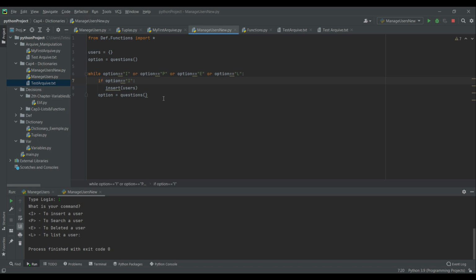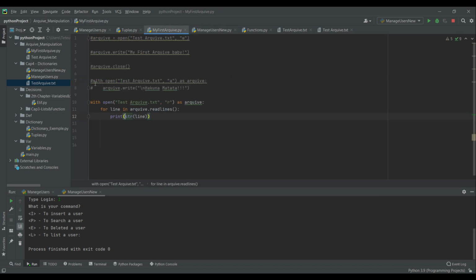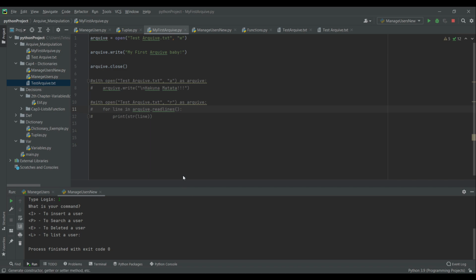So here, for example, we have a lot of code, so I'm going to run them one by one. This hash is for commenting, so I'm commenting some of the code so I can run them later. I have some codes because there were like 2 codes per class, like 3 classes. So here's the first code. My first code is creating an archive.